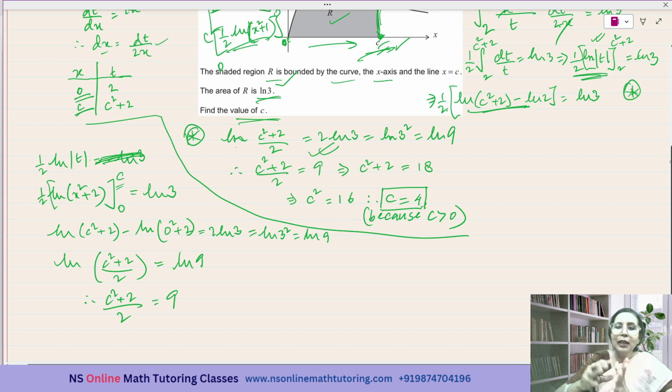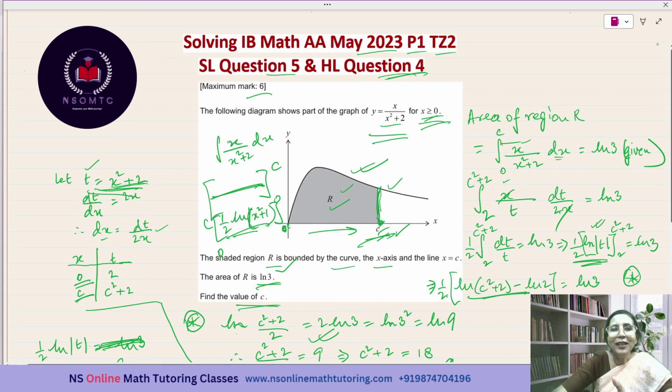Okay, so ultimately you will be coming to the same answer, that is the c value will be equal to 4. And of course, you have to take only the positive value. Don't take the negative value because c is on the positive side of x. And you have to mention why you took the positive value. It is not that you arbitrarily reject the negative sign, because whenever you are taking the square root, you will be having both the positive and the negative values, and you have to justify your rejection of the negative value of c. Okay. So we have solved this question completely.